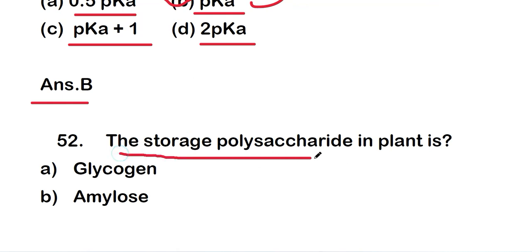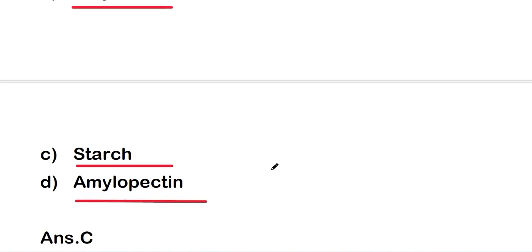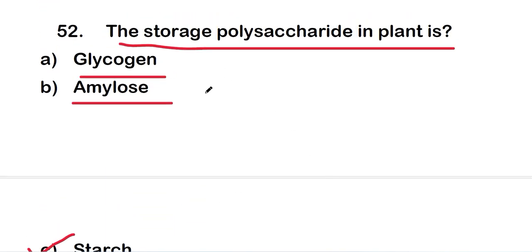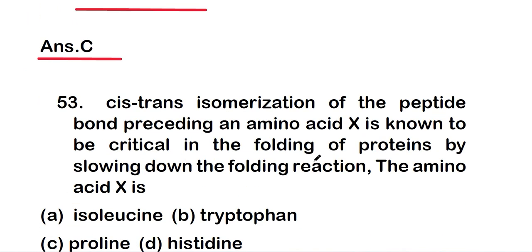So the storage polysaccharide in plant is glycogen, amylose, starch, or amylopectin, and the right answer is option C, that is starch. So the storage polysaccharide in plant is starch. So let's move on to the next question, that